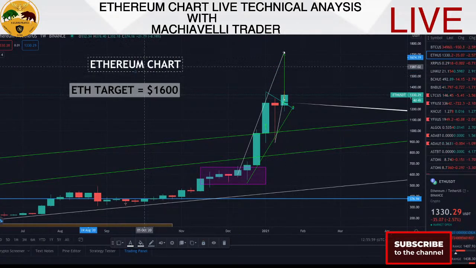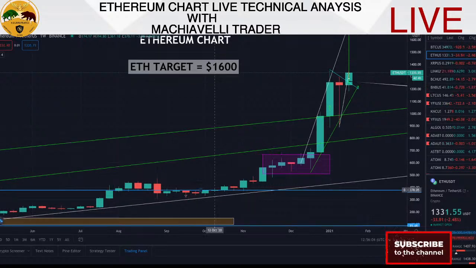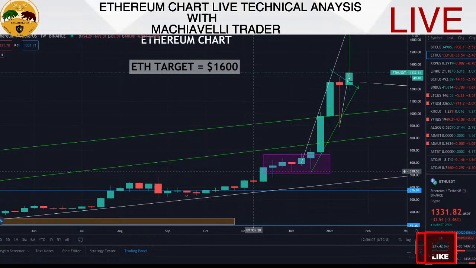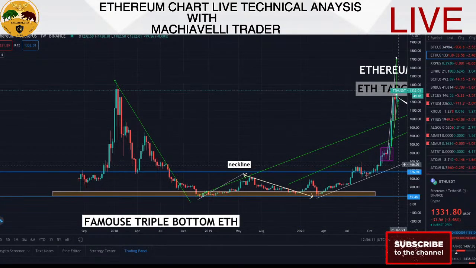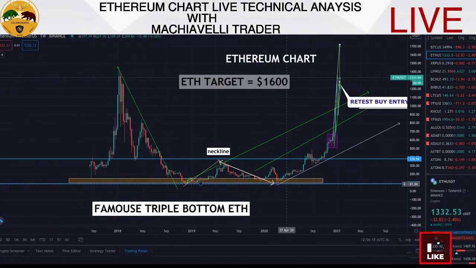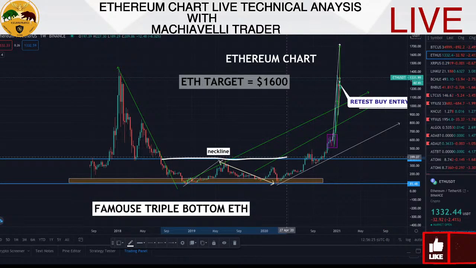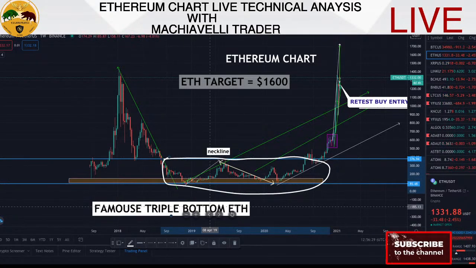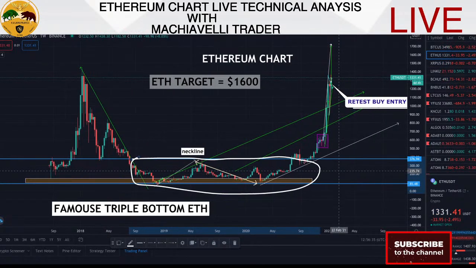So if I come closer here, what I see is that there was a clear accumulation below this zone. Look closely at what I'm about to show you. Right here we have a clear accumulation that has been going on for a long time. This is the accumulation point, which has gone on since 2018 all the way to 2020. So finally we had a breakout of this consolidation.